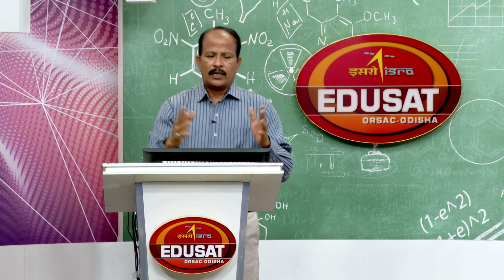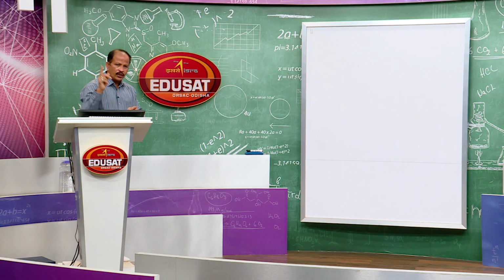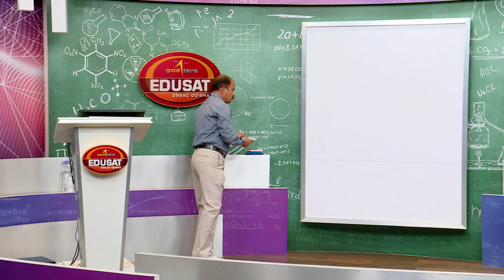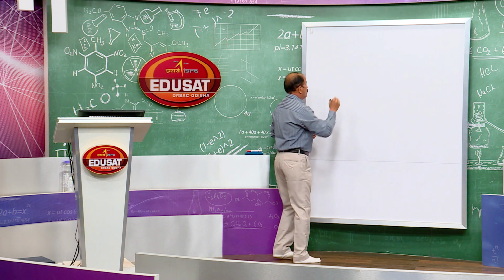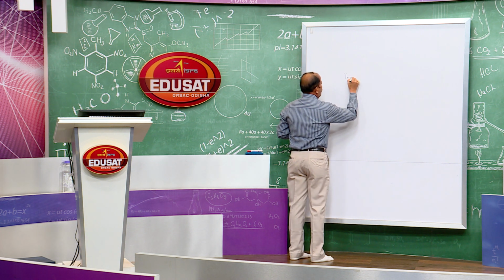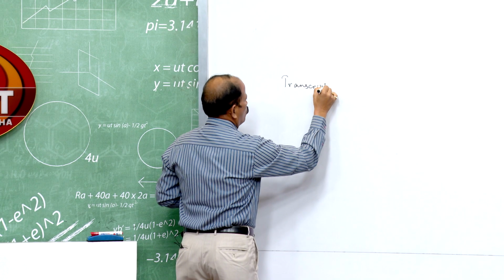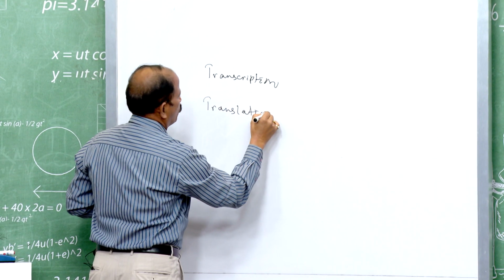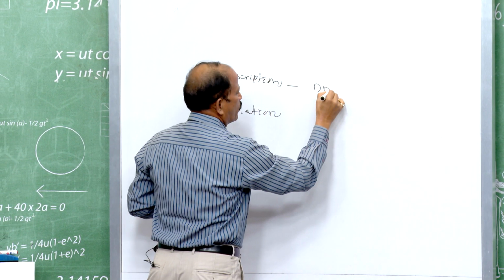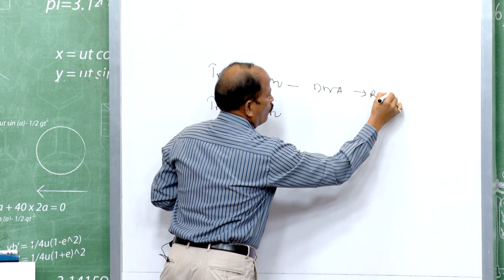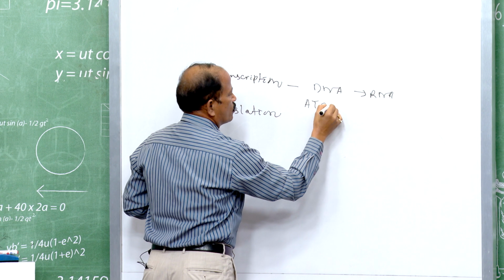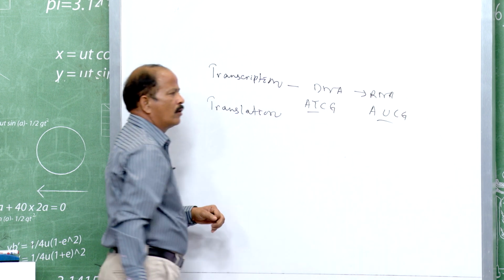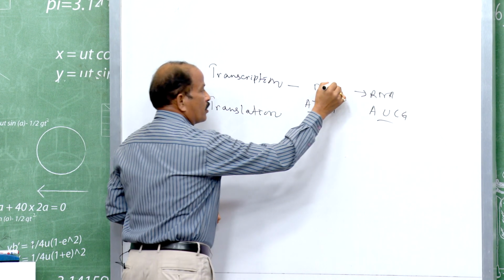Now let us understand what a gene is. Certain things I want to explain, that a gene is really transcribed. As we understood the two terms transcription and translation, let it be clear. The terminologies are important. In transcription, DNA gives rise to RNA, DNA is written in ATCG sequence, but RNA is written in AUCG sequence. Only the script is changed, that is why it is called transcription.